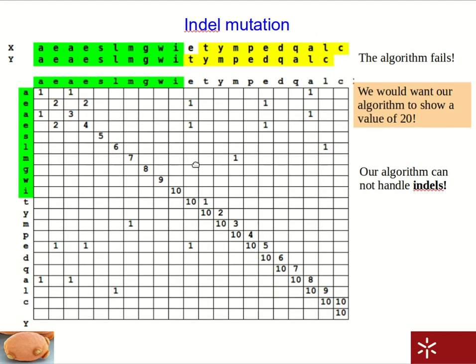Let's test the new algorithm again, this time with an indel difference between the two sequences. Here, instead of switching the E for an N, I deleted the E in the Y sequence. So this is a different kind of difference between the two sequences than the ones we have seen so far. And we can see here that our simple algorithm fails because we arrive at 10, and then we have